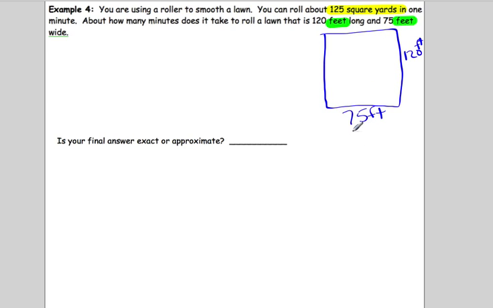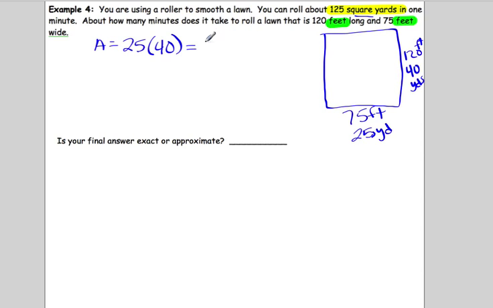each measurement by 3. So this will be 25 yards when we divide by 3. And dividing 120 by 3, 40 yards. So if we know that we can roll 125 square yards, square is area, so we need to find the area of this to figure out how many minutes it will take us. So finding the area by doing 25 yards times 40 yards